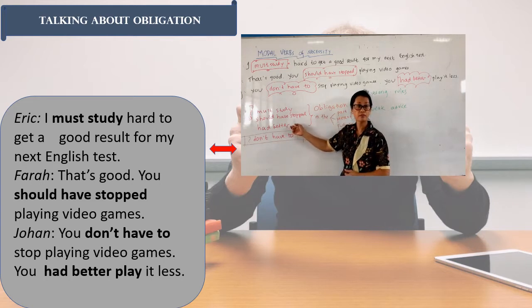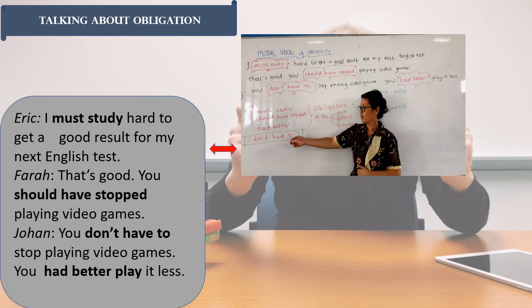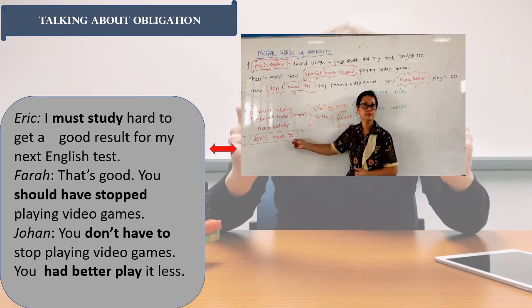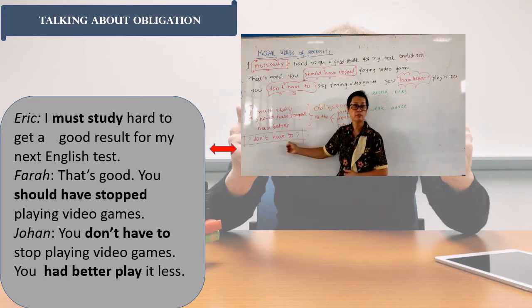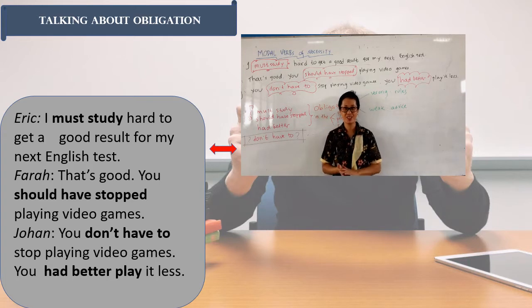Had better? Punya? No, sorry. But it's good though. Had better here means the same as should. Seharusnya. What about don't have to? Tidak punya? Try again. Have to. Have to means harus. So if it is don't have to, tidak harus. Almost. Here means tidak usah. So they are special, right?